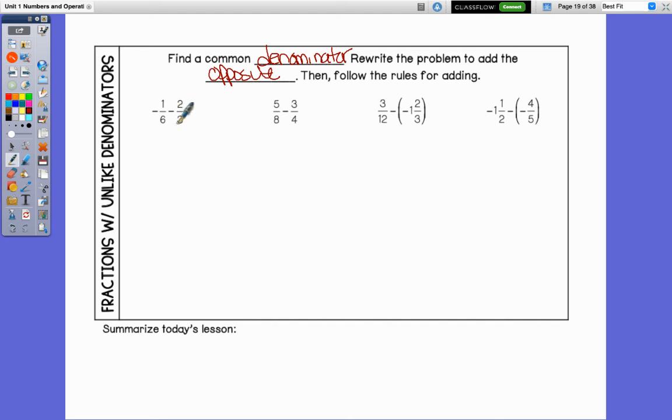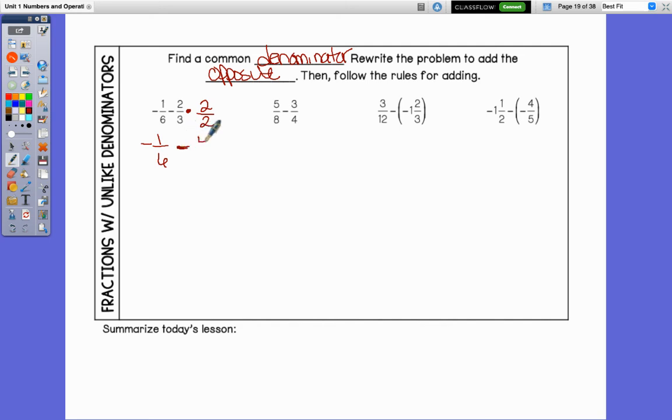So when we're going here, we're going to start in that 3 column. We're going to go down the chart, and we do notice that 6 is there. What do I multiply 3 by to get to 6? Hopefully you're saying 2, 3 times 2, whatever I do to the bottom, I do to the top. So I have